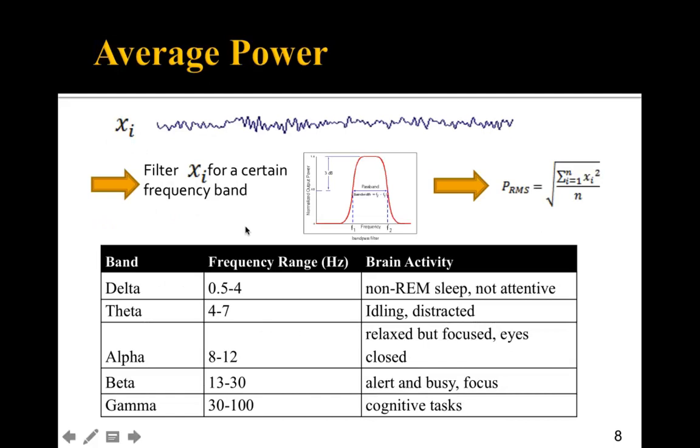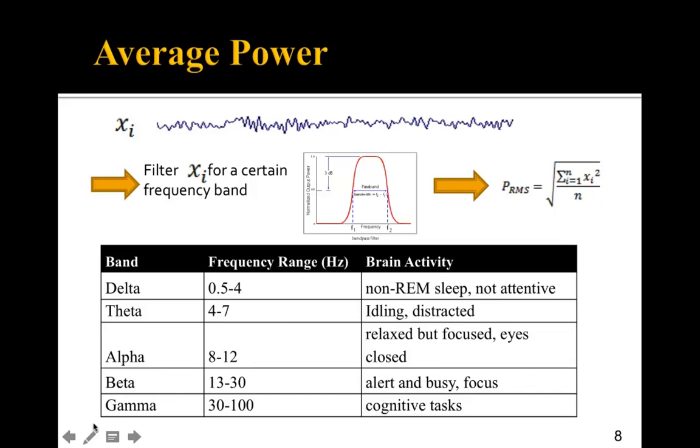All right, so this is just an example of what a digitized raw EEG signal looks like, and sort of what the steps would be. You would first filter for a certain frequency band. This is what a filter looks like. It's called a bandpass filter. It limits from frequency 1 to frequency 2 what you'll look at in this signal. And then once you've done that, you take the output of the filter, and you find its average power,